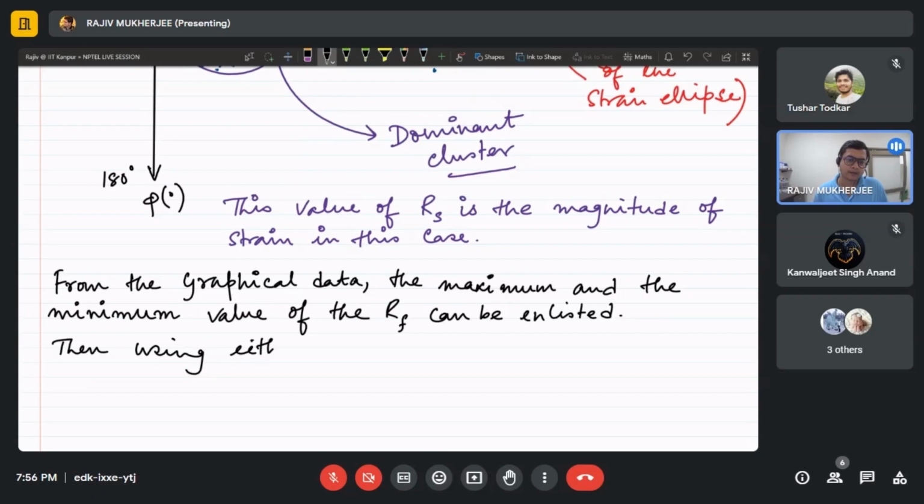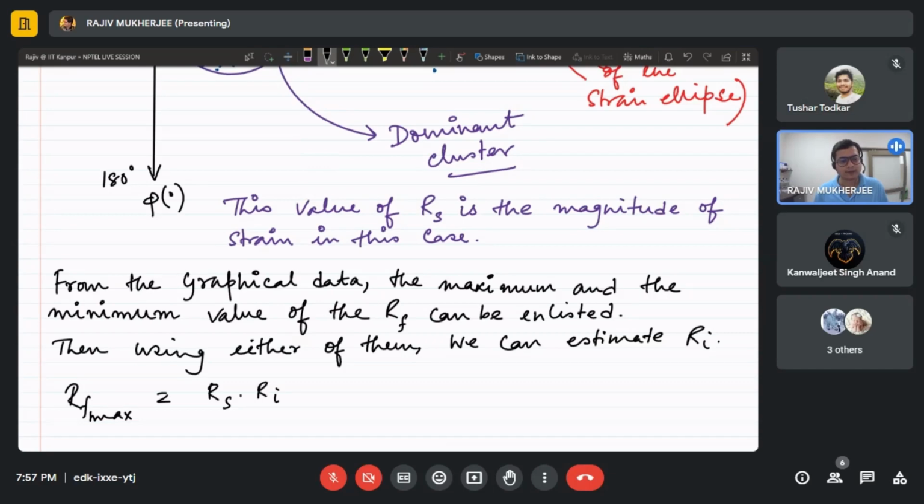How? If we just use Rf max, that would simply be equal to Rs times Ri. Now from the graph we know this, and eventually therefore we get Ri as Rf max divided by Rs,